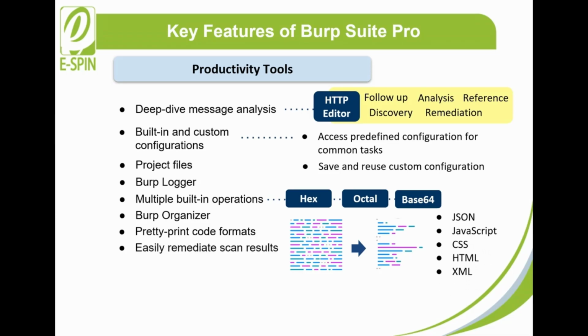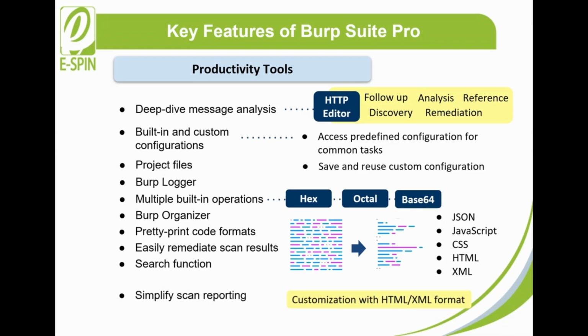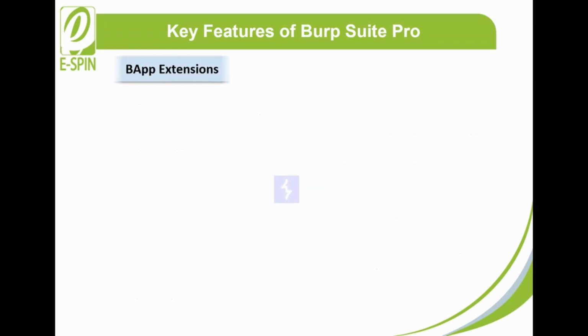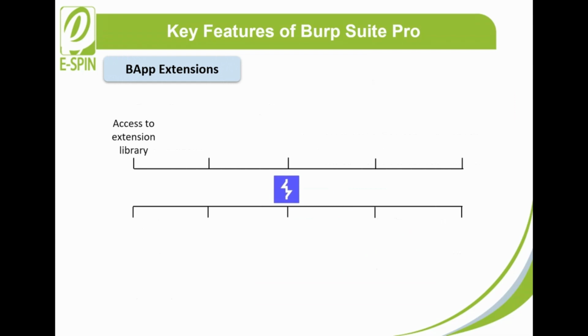Easily remediate scan results, which enables you to view source, discovery, contents, and remediation for every bug with aggregated application data. Search function that lets you easily search everywhere in Burp Suite Professional at once. Simplify scan reporting, allowing customization with HTML or XML formats. BApp Extensions include access to the extension library. Create custom extensions through Montoya API, convert various encodings using HackReader,